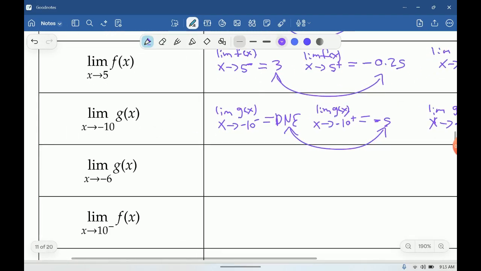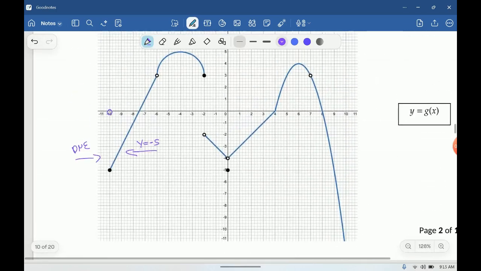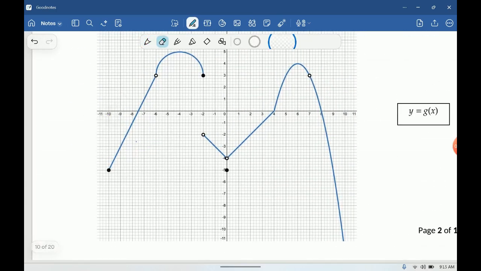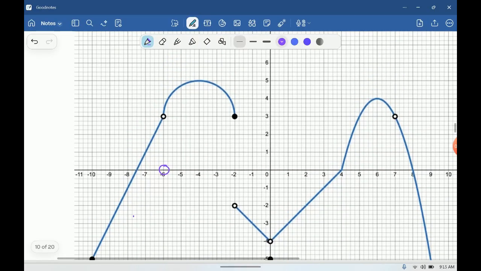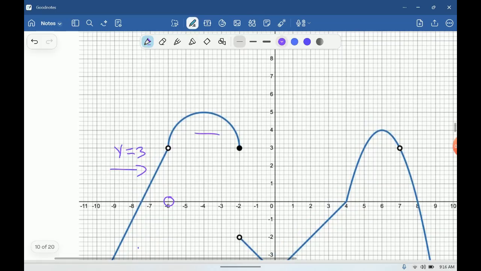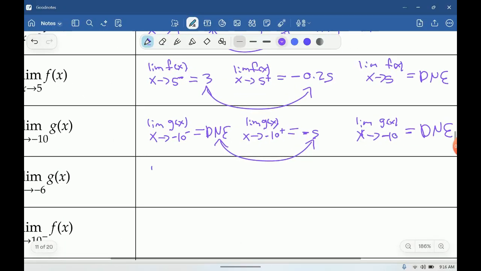The next problem asks us to find the limit for g of x as it approaches negative 6. We're going to go back up to our graph here. We're going to find negative 6, which is going to be right over here. And we can see that there's two limits, one coming from the left where it meets negative 6 at y equals 3, and our limit from the right also happens to meet it at y equals 3. Therefore, we would say our limit